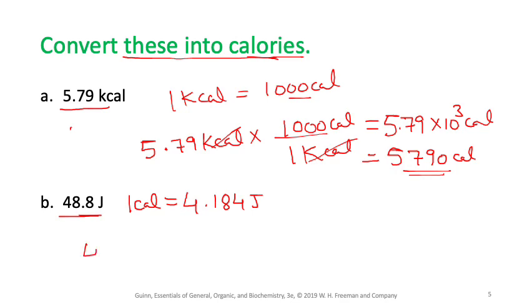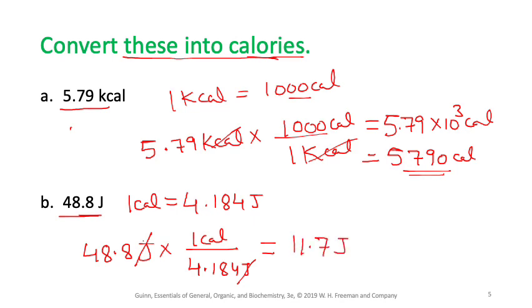So we're going to use 48.8 joules times one conversion factor. We need calories, so 1 calorie on the top and 4.184 joules on the bottom. Then joules will cancel out, and when you divide 48.8 by 4.184, you're going to get around